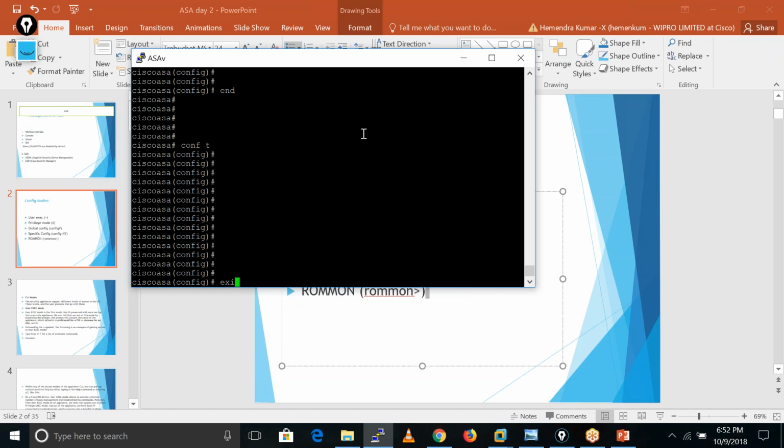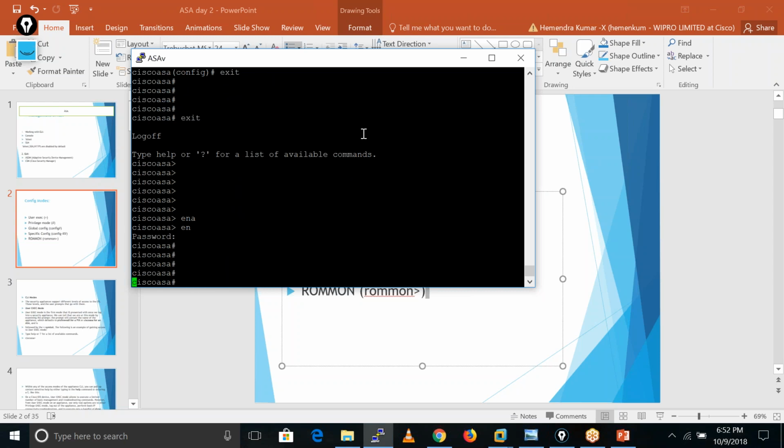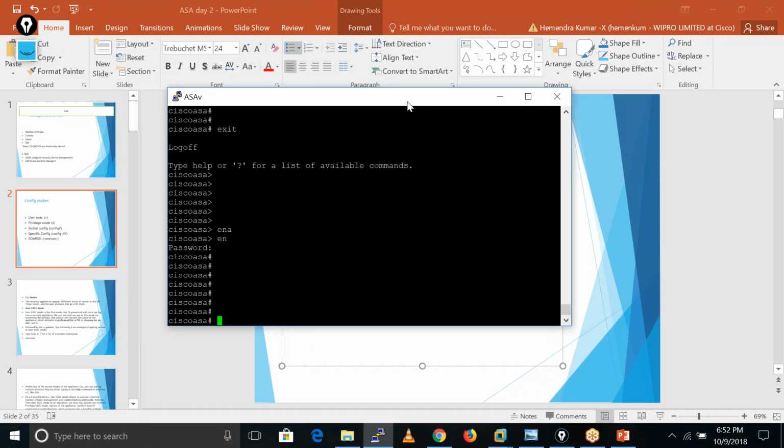Same thing with enable: you can type the full command, or just en, and you move into enable mode. This mode is also known as enable mode, or privilege mode.